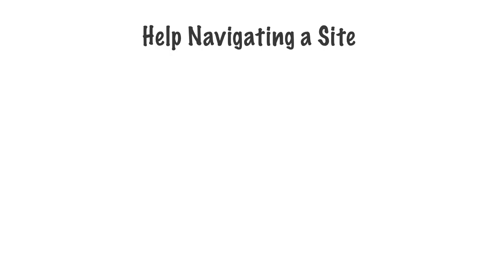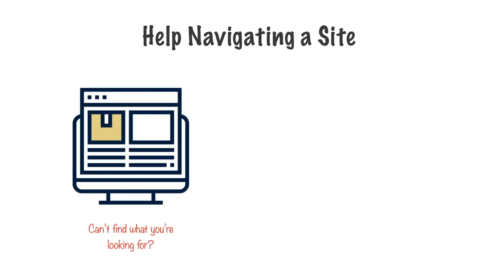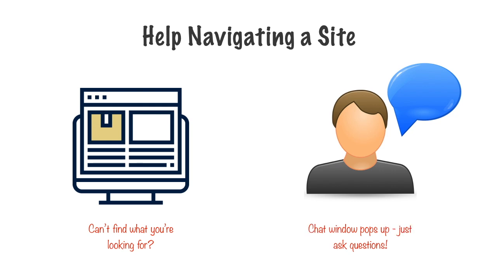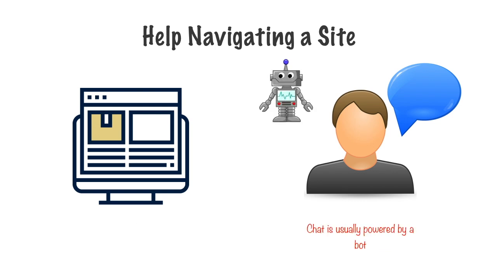Let's see some of the simple use cases where you might need a chatbot. Let's say you're on a very complex site. It might be an e commerce site, a matrimonial site, a hookup site, and you have some trouble navigating it. If you've spent enough time on the site and you seem to be aimlessly browsing, you might have noticed that a chat window often pops up and asks you to just ask it questions. Ask it questions about what you're looking for, what is it that you hope to achieve, and so on. This chat is usually powered by a bot. There is no real human behind this chat window. Using the chat window is an easy, natural, and conversational way for you to achieve your objective on that website